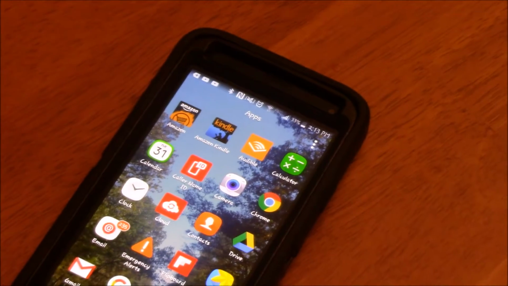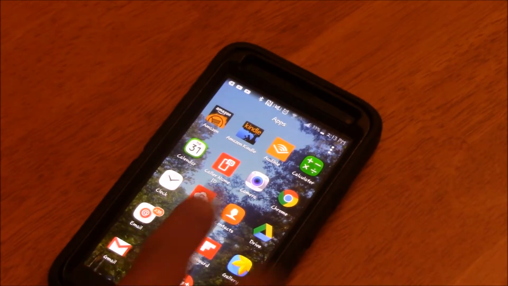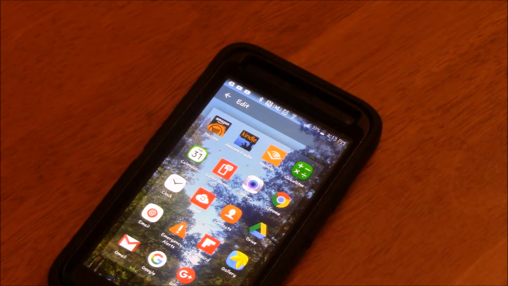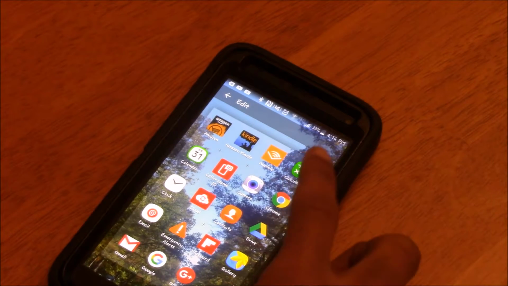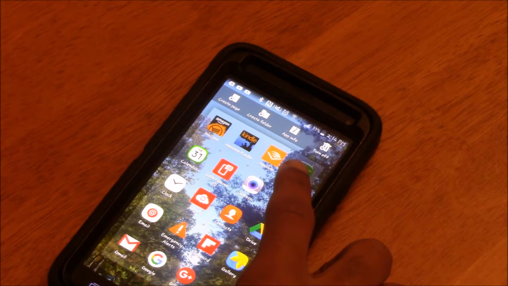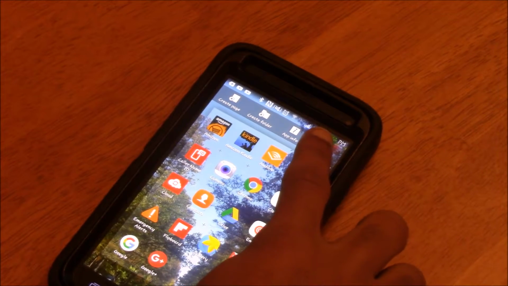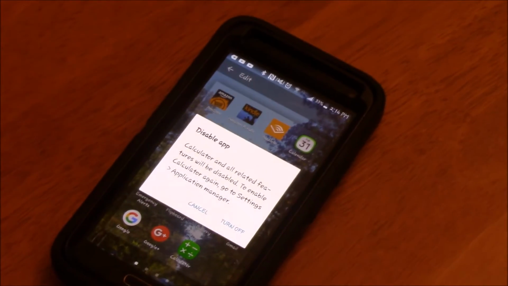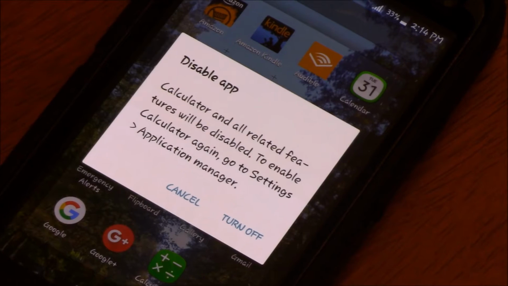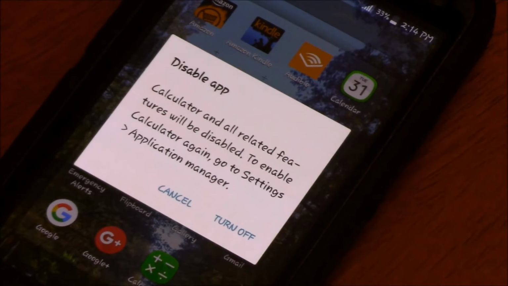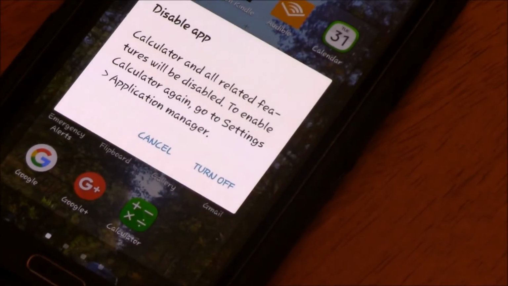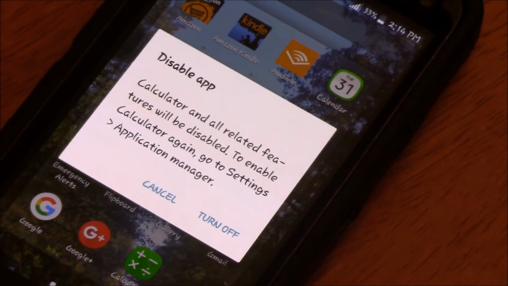Just simply by pressing edit, and I'm pretty sure you could also hold it down and going to it, and you could either turn it off in some cases or actually delete, in which case there's no need for me to get rid of the calculator, but it will say it will disable and it will uninstall every update brought to it, which is kind of cool.